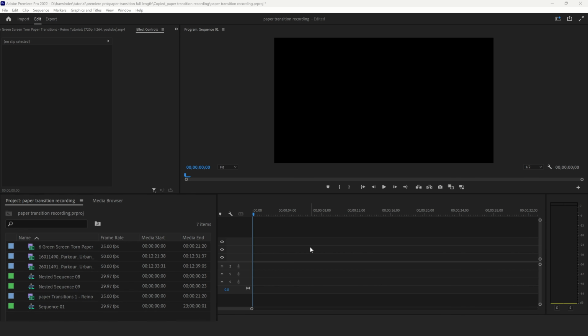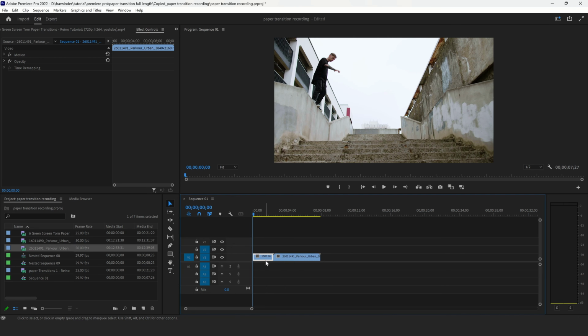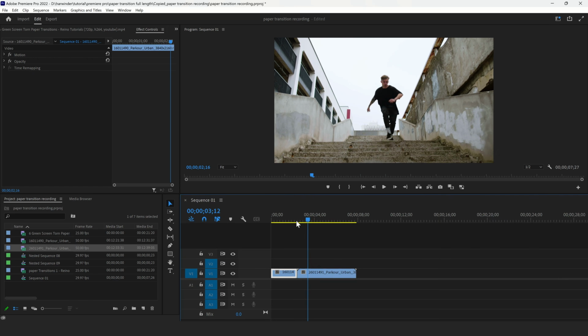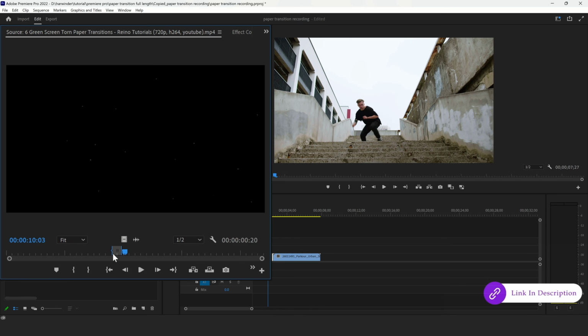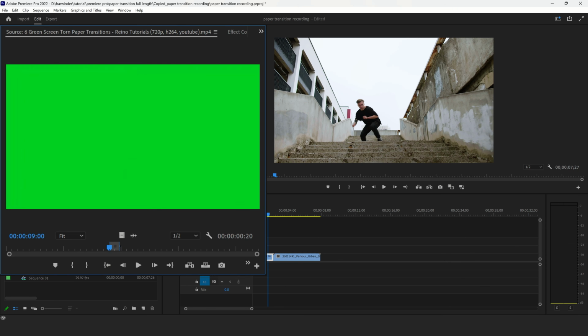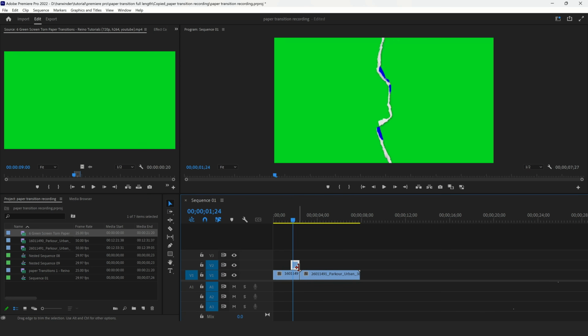Start by dragging your main video onto the timeline, and then place the second video. This second video will be revealed through the transition effect. Next, download a paper texture effect, which is provided in the description, and drag it onto your sequence. Place the paper effect on the second video layer, ensuring that it ends just before the first video finishes, creating